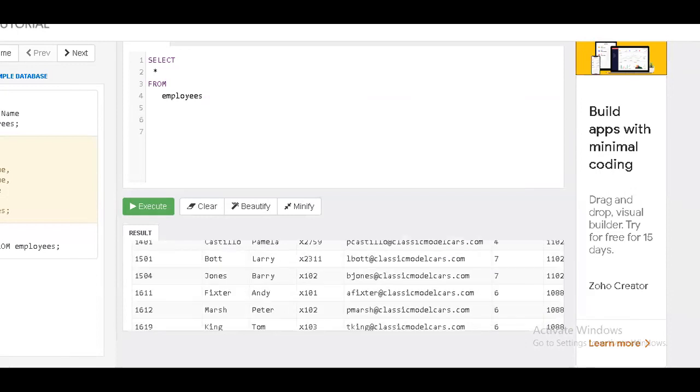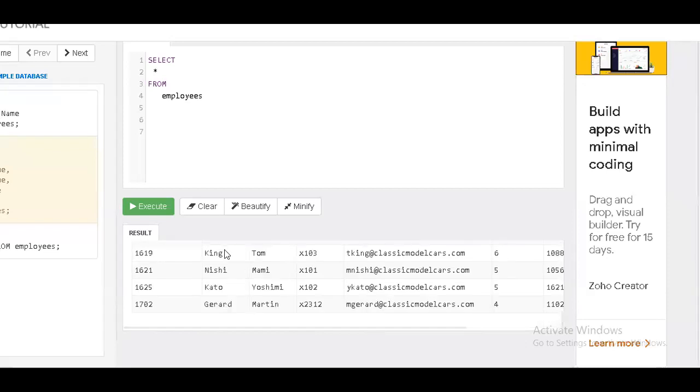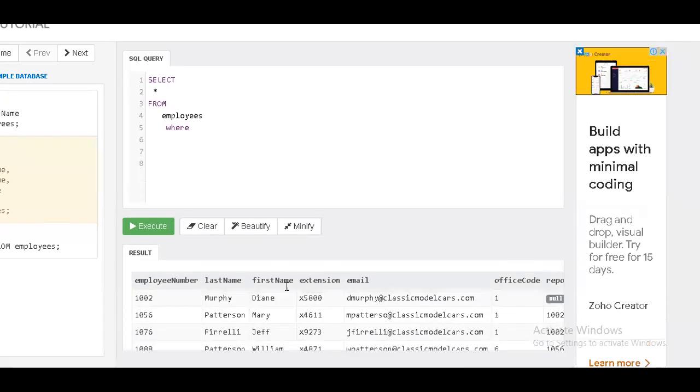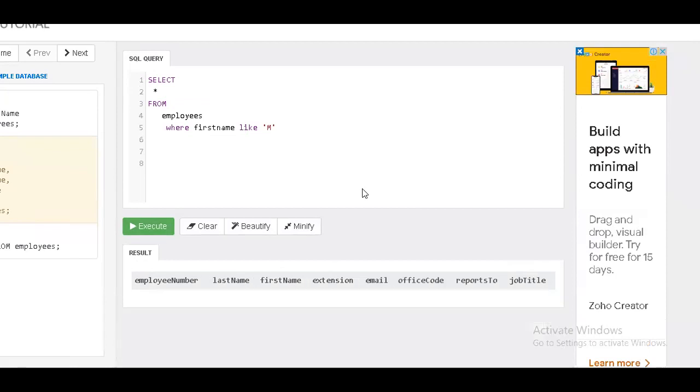Now I want to go with a pattern. So what is the pattern? I'll use the LIKE operator. So I'll say employees where, so the condition is what? I'll say the first name. So where first name like, then I'll say something like M. Whoever the person with M is there. Right now there is no data with M. It doesn't match. Suppose I use this with a percent.